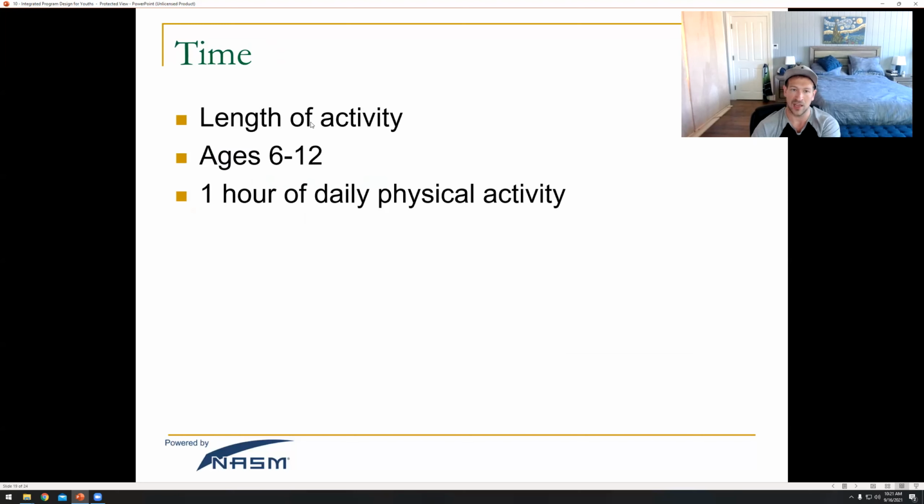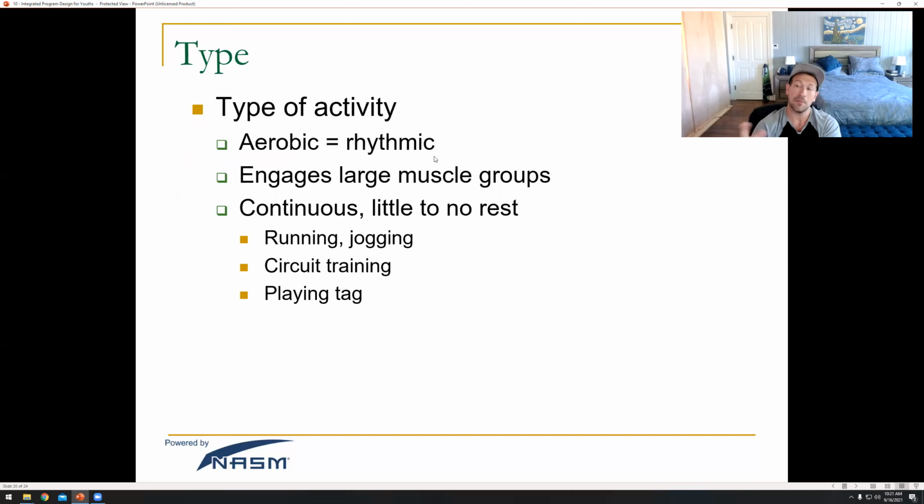the activity, usually about an hour a day. That's what we're aiming for. That's why the NFL has Play 60, right? For type,